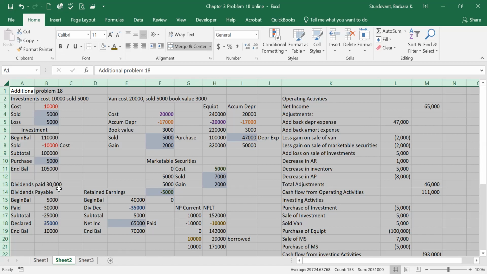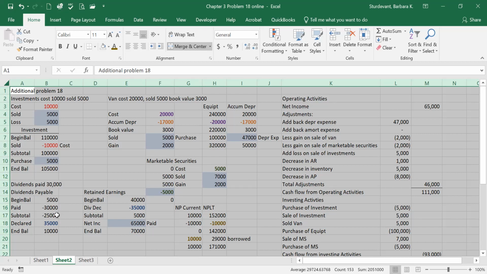And so we had to work backwards. In the dividend account, they told us this time what was paid. You have to remember in the dividend account, paid reduces, declared increases, because sometimes they'll tell you what's declared. In fact, in number 14, they told you what was declared. Beginning balance, ending balance come off the balance sheet. And so this was the information we had. The dividends paid for 30,000, which would decrease the account. And so what we did,